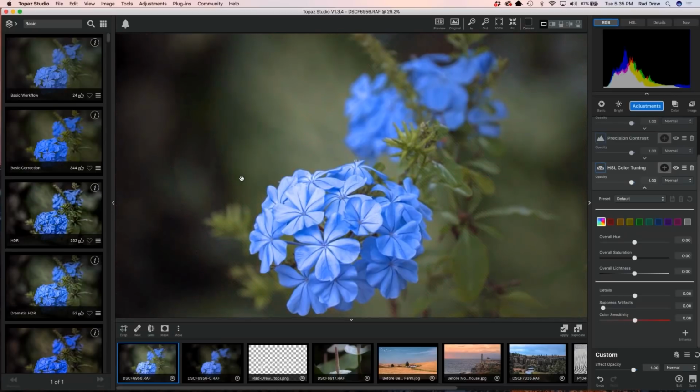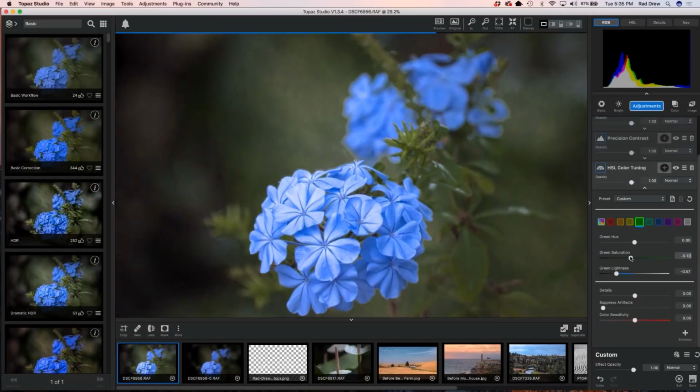What I want to do is darken this background considerably and let this blue hydrangea emerge. So if I go into my green here and I drop this brightness, I can begin to drop the background off a little bit. So I'm starting to let that fall off. We go here and, let's see,